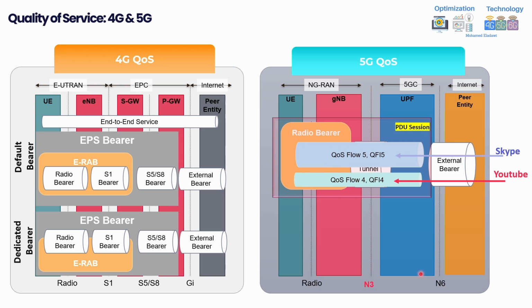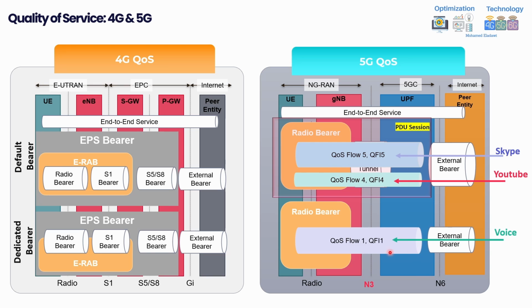And let's assume that you have a new video session here with a voice call. This voice call, as you can see here, a new video session, let's assume video session 2 or whatever, is being mapped to quality of service flow 1, and now it's mapped to the radio bearer. So here again, just to recall the summary, for 5G, the video session is responsible for the quality of service flow,